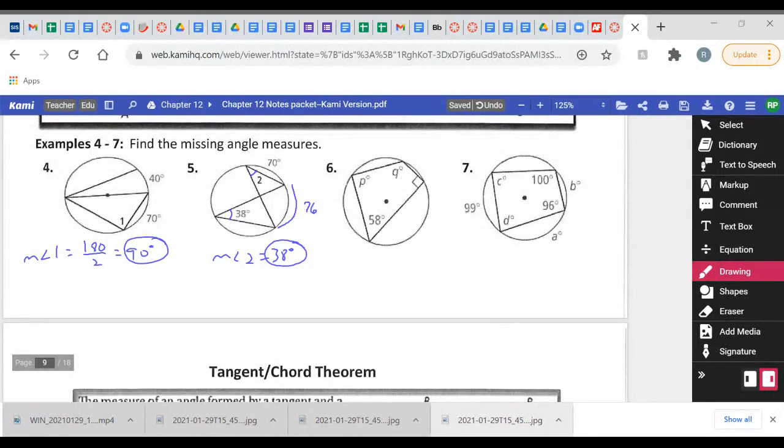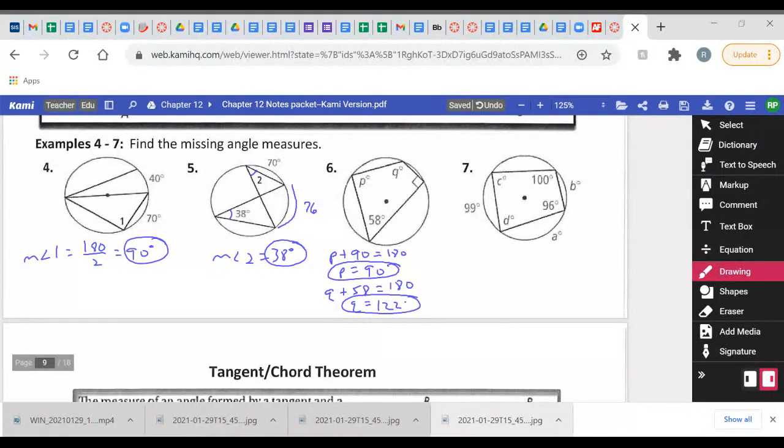Okay, on number 6, this goes along corollary 3, where we said opposite angles of a quadrilateral inscribed in a circle are supplementary. So I know that P plus 90 is equal to 180. So therefore P is equal to 90. And I also know that Q plus 58 is equal to 180. So Q is equal to 122. Okay. All right. So then on number 7,